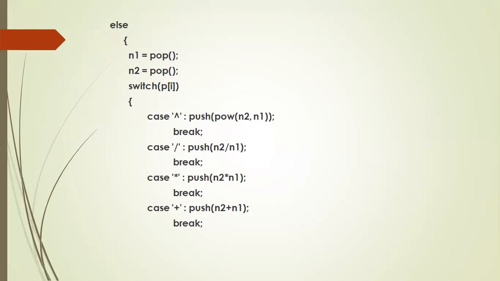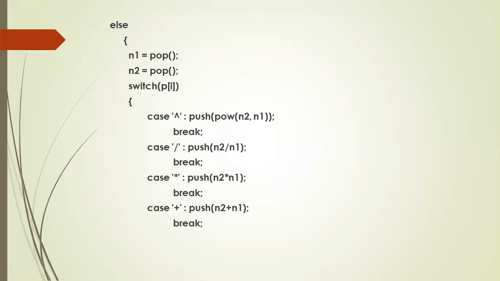What is the operator here? Plus. So whenever plus comes, what you have to do? Push N2 plus N1, 5 plus 3. 8 is pushed back into the stack. Suppose it's given as 5 3 power. Then it becomes 5 to the power of 3, so 5 5 is 25, is 125. If it is 5 3 minus, it means 2. 5 3 star means it becomes 15.